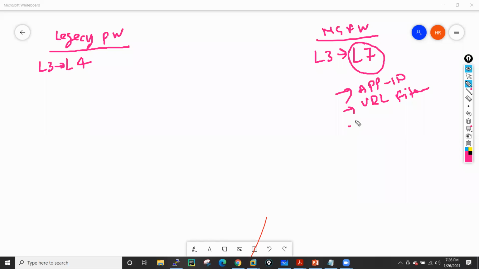They can also protect us with antivirus and anti-spyware protection, because all these come under Layer 7. Then we have file policy, and we also have data protection.